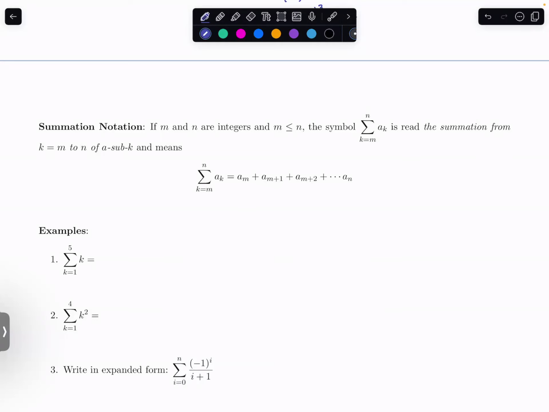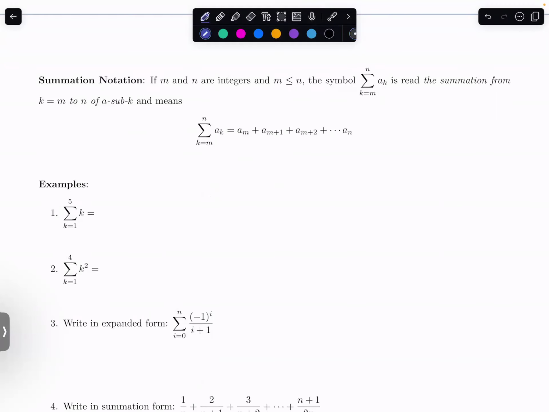So that means you're going to take a bunch of letters here, which makes this awful, but let's suppose this is a 1, or a 0. Then this is a 0, a 1, a 2, a n, right? So it's just adding up a certain bit of terms from the sequence itself. So let's do some of those in practice to see what that looks like. Again, you have a starting index and an ending one,